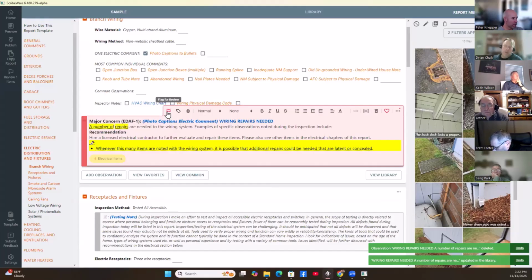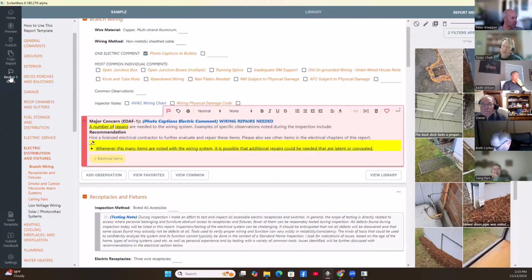And so what I like to do is get kind of 50 to 90% of the report done on site, and then I'm back in the office and I'll add my infrared pictures and kind of clean it up. And you can tab through the whole report and it'll find your flagged items. Edward, even though I can hit that button on mobile, I just wait till I'm done,